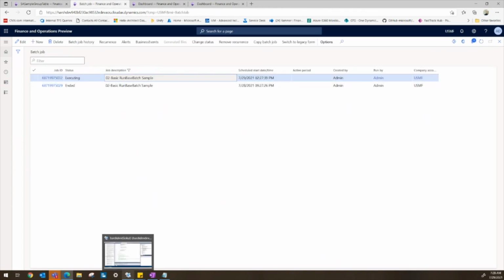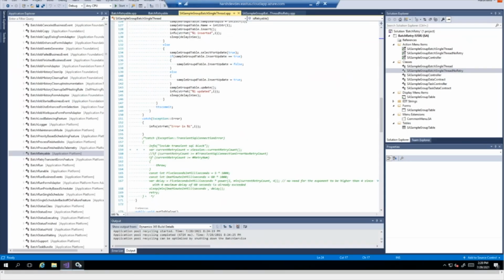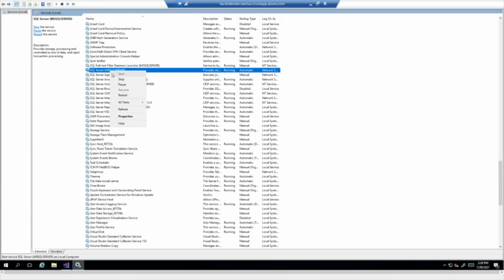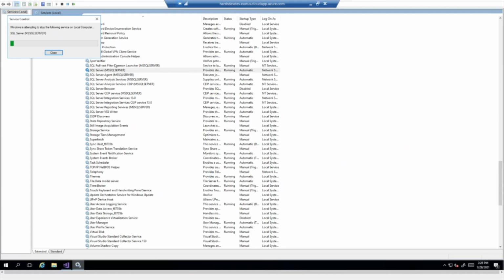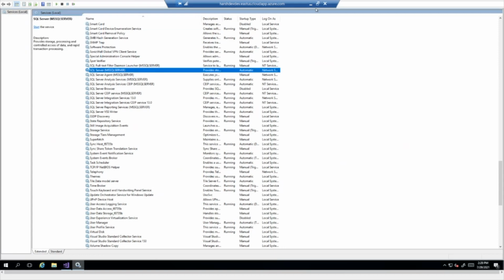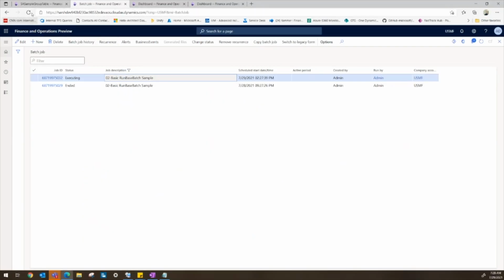Now, let's assume there is a transient connection issue with SQL Server. So I'll stop my SQL Server service. And if you notice, from an interactive user perspective, the connection will not respond. Currently, FNO is not available.